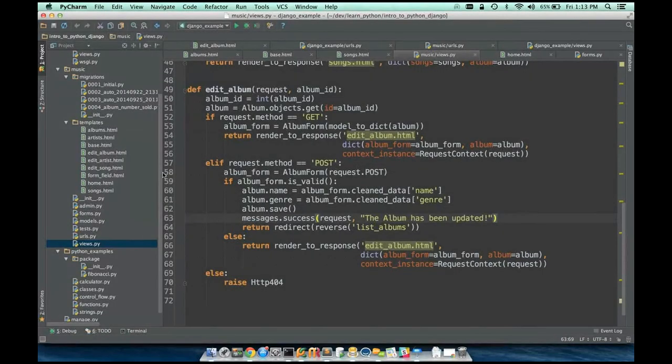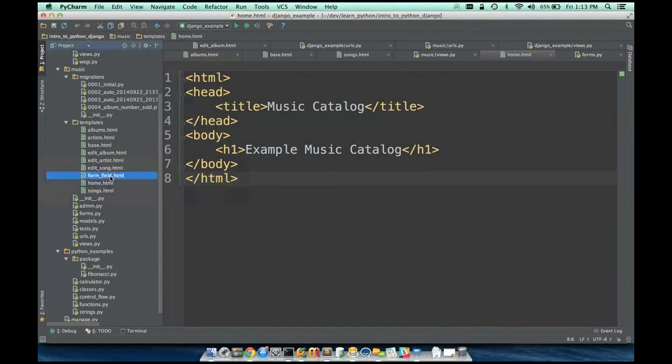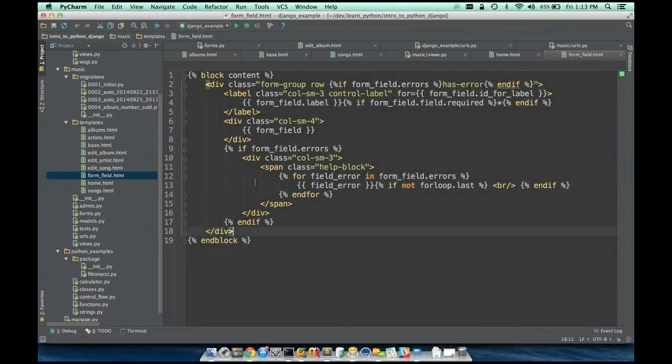Going back, now that we have rendered the page over here with the album form object, you can look at how the template is used to render it. The ID field is rendered as a hidden field. You can just use the variable notation to render the ID field. For the rest, I'm using a snippet, which is something that you can use if you want something that looks similar. The form field is basically a Twitter Bootstrap based block that renders the form field. This is mostly straight out of what we use in our app